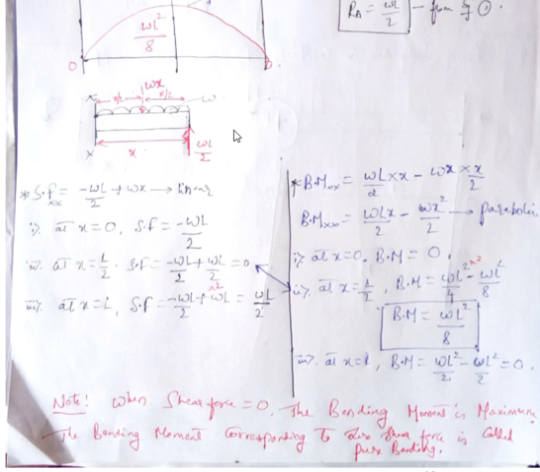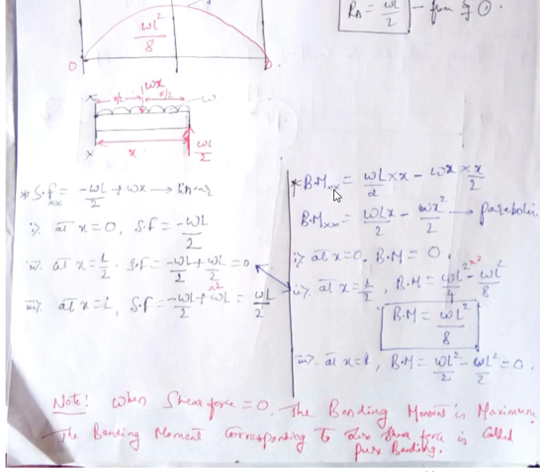Okay, for drawing the bending moment diagram, we know that bending moment is nothing but force into perpendicular distance. Consider this section xx, and if I want to derive the bending moment equation, I have to add all the bending moments at the right side of this section. There are two forces, one is this one and this is the other force, that means there will be two bending moments that I am going to represent here.